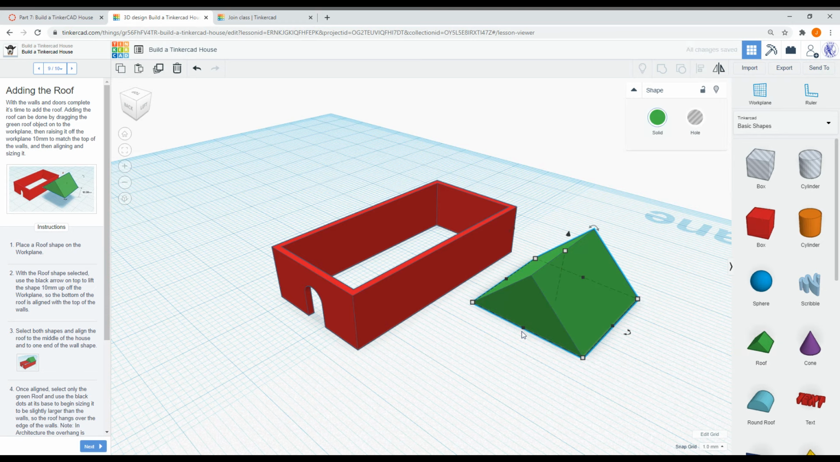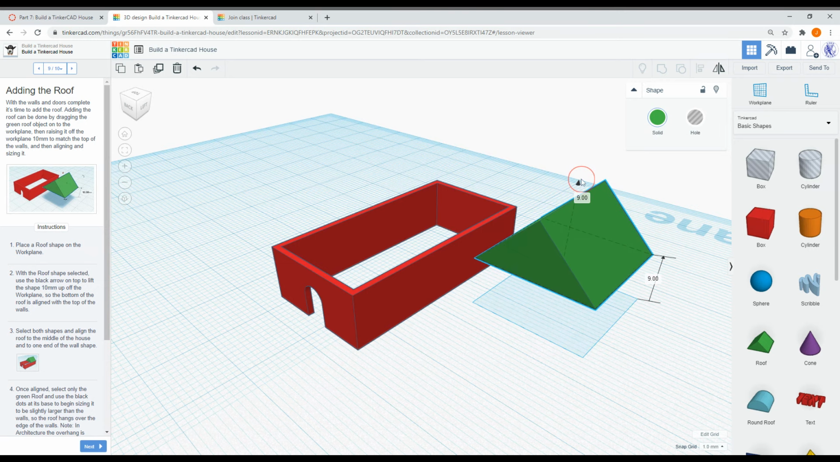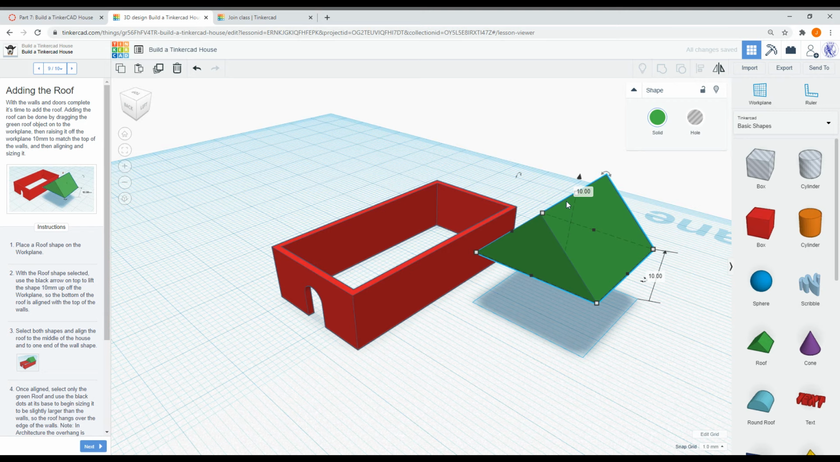Here we are. With the roof shape selected, I'm going to use the black arrow on top, the lift handle right here, to lift the shape 10 millimeters above the work plane. 5, 6, 7, 8, 9, 10. So the bottom of the roof is aligned with the top of the walls. We're going to select both shapes,